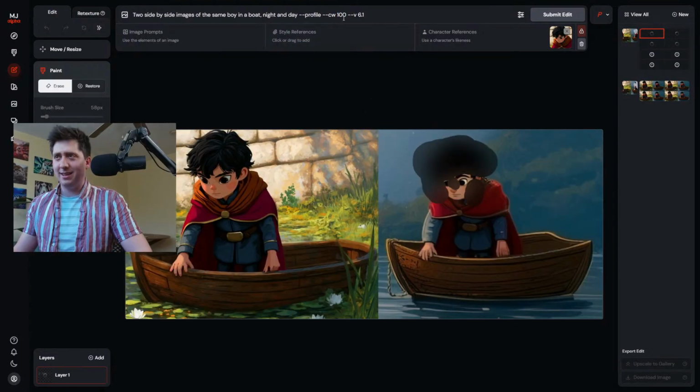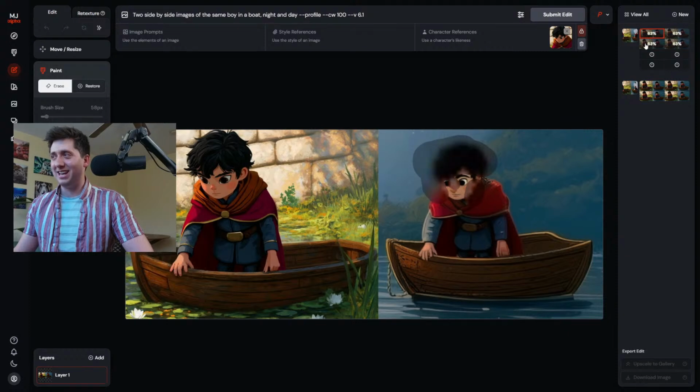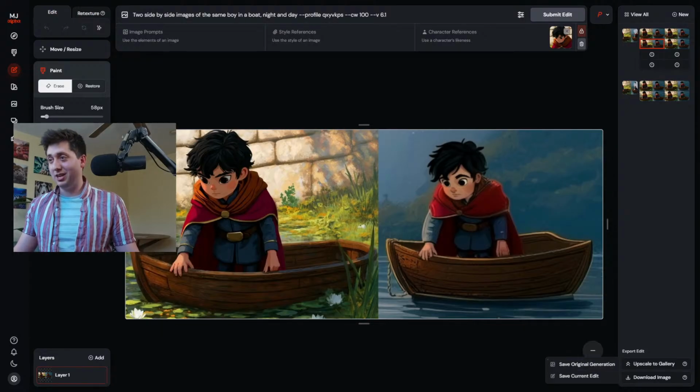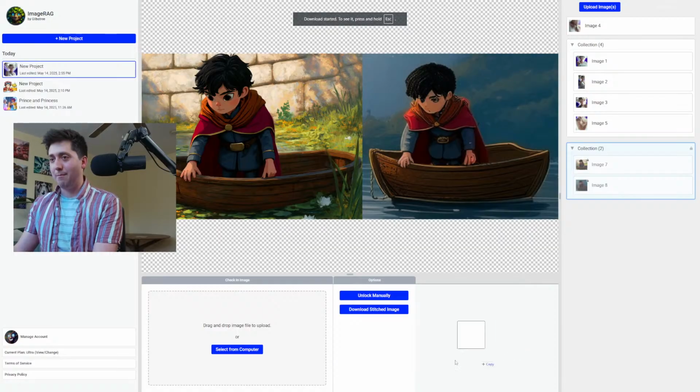it puts that in there. I didn't have Omni reference placed, but Midjourney has that value saved for version 7, and so it's refusing to do that in version 6.1. But the idea here is now with the number of pixels that I have, I can get, and Midjourney is not as good at this on version 6.1 as it will be on version 7 when we have Omni reference in the editor. But if I download this original generation and I take it back into the app, right, we